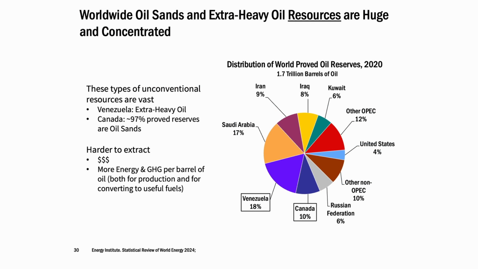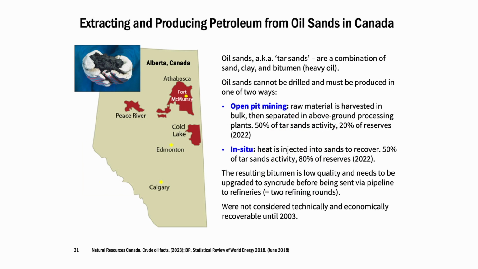Okay, so oil sands and tar sands, we already talked about. Those are in Venezuela and Canada. They take more money to extract, more energy to extract. It is the main type of oil that we are getting out of Canada. For a long time, we knew this oil was there, but barrels of oil were too cheap to make it economic. It didn't really become economic until about 2003, and it's kind of stayed economic since.